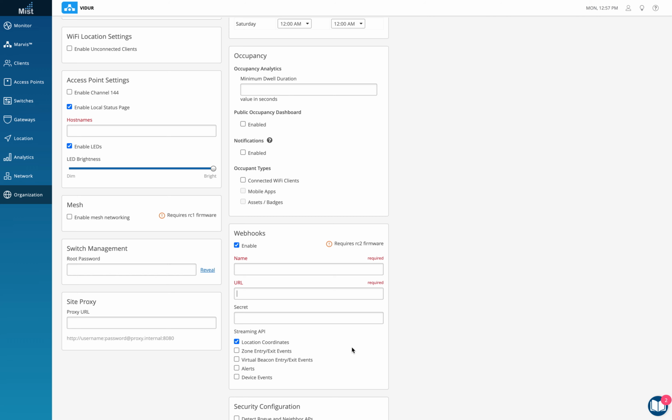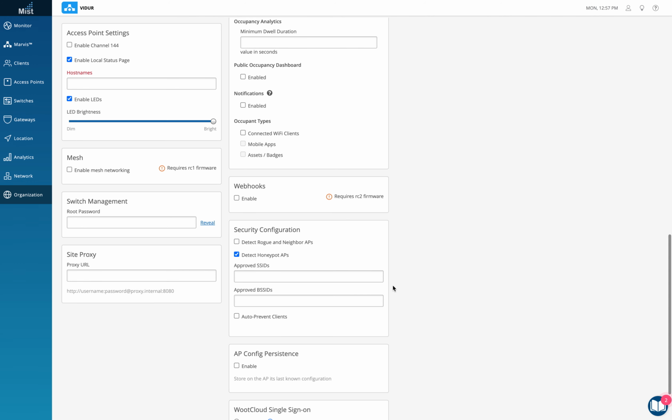Then you can stream all these API events to that server, and the server can actually go ahead and make sense of it. So with location coordinates, you are sending the location coordinates of the client at each time. Zone entry exit points: if you create a zone on the floor plan, the client entering and the client exiting, both those events will be recorded and sent through webhooks to the server, and so on and so forth. This is important if you want to send out some data to a third party BI, where you can store data, or run any sort of algorithm to make sense of that data as well.